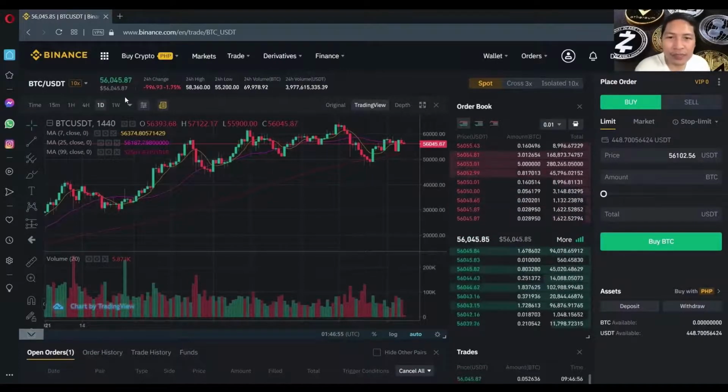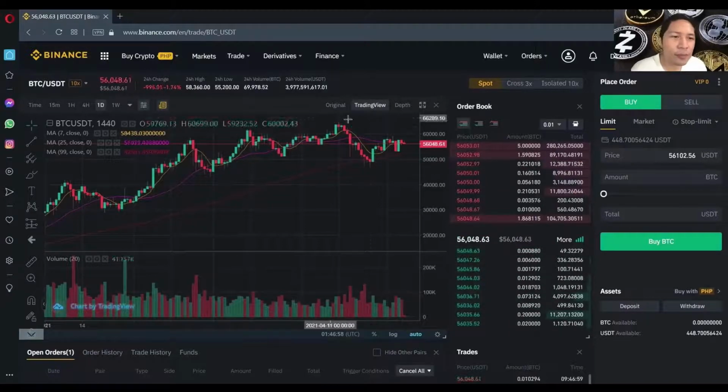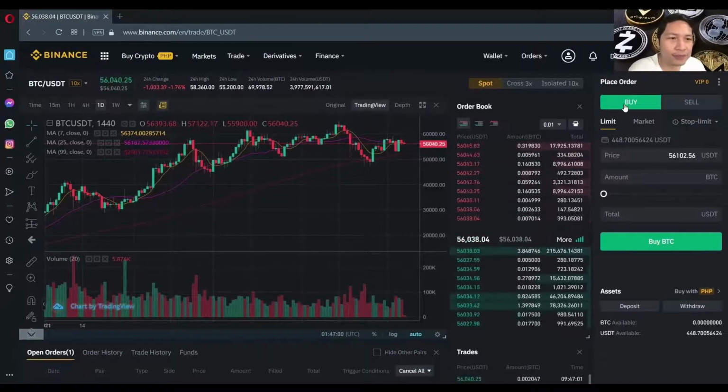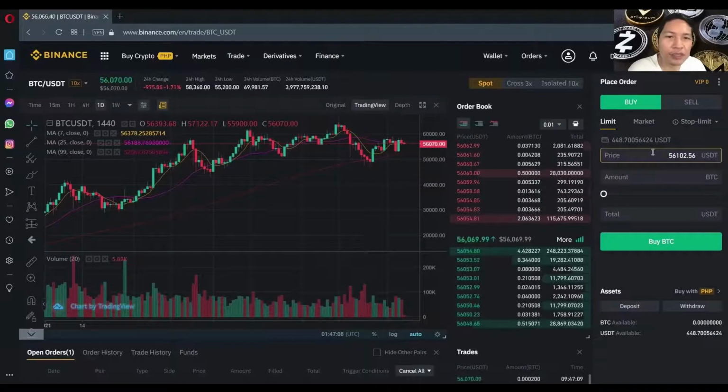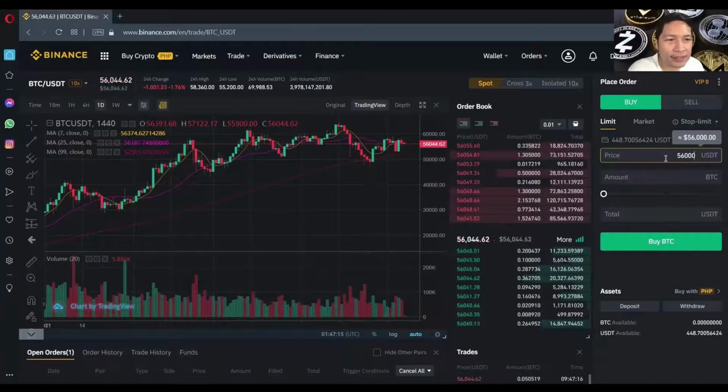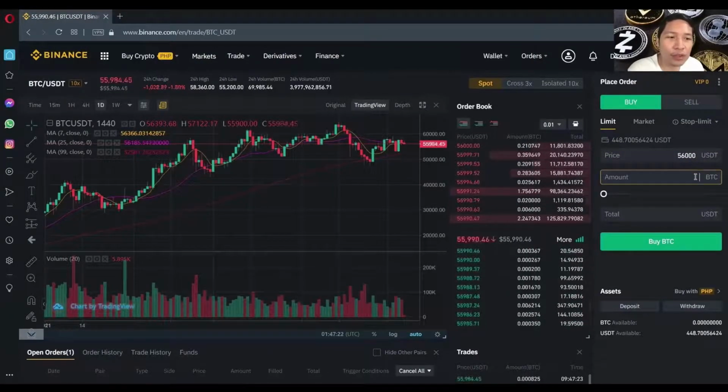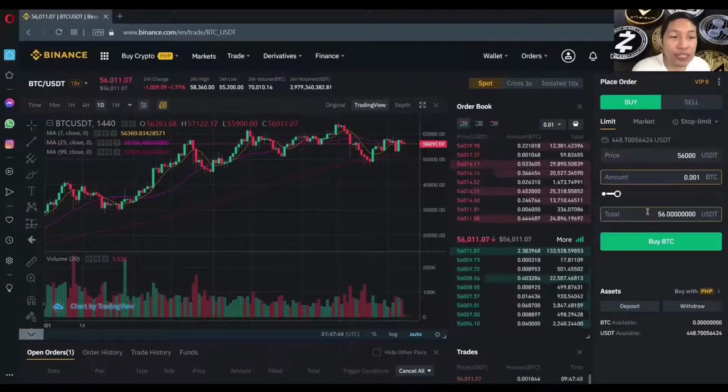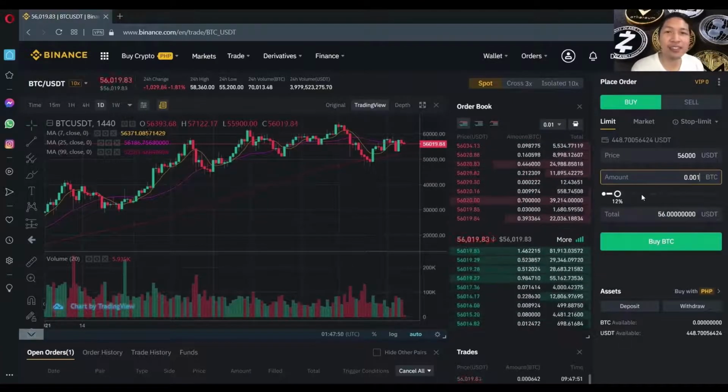So if you want to buy Bitcoin, you go over to your right. So this is the buy button. So if you want to buy, for example, Bitcoin at 56,000, you just put the price that you want to buy it from and then put the amount of Bitcoin that you want to buy. For example, you want to buy 0.001 Bitcoin. So that means in US dollar or in USDT, it's 56